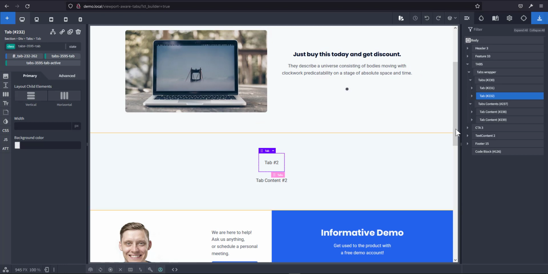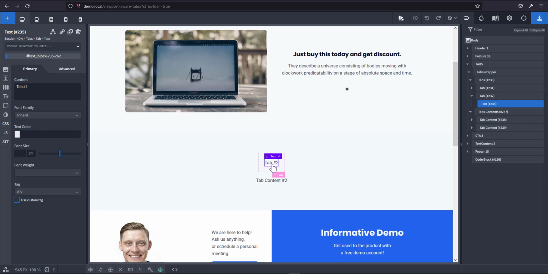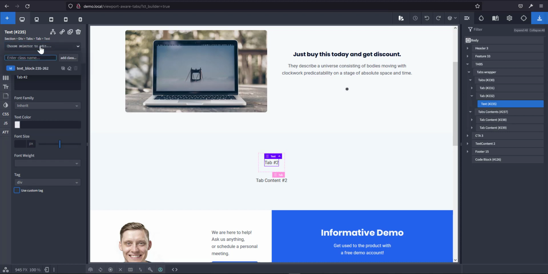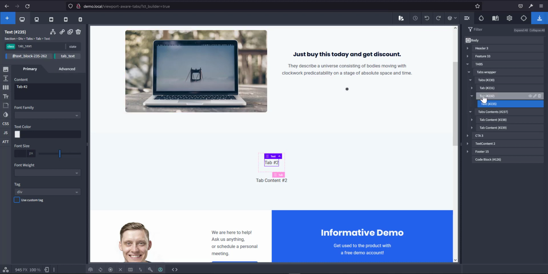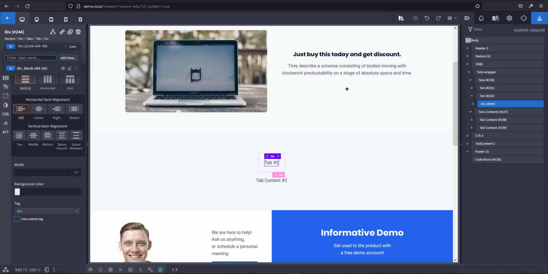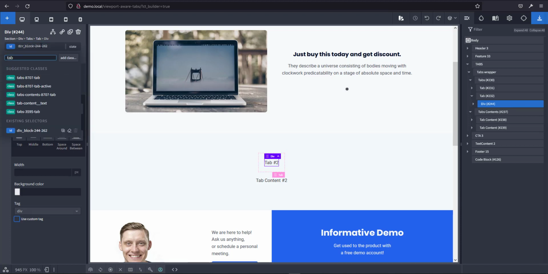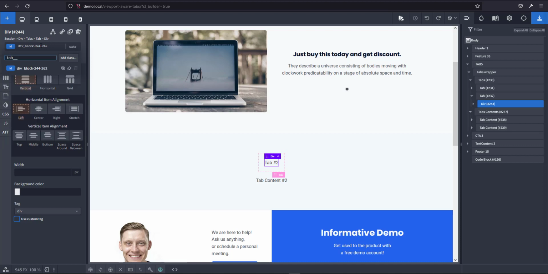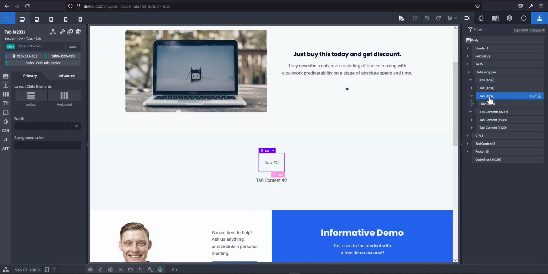The next thing we're going to do is style our tab. I'm going to start by selecting the text here. I'm going to give it a class of tab text, and I'm going to wrap it with a div, and call it tab title, or tab text wrapper. Okay, all right, now I'm going to drop an image